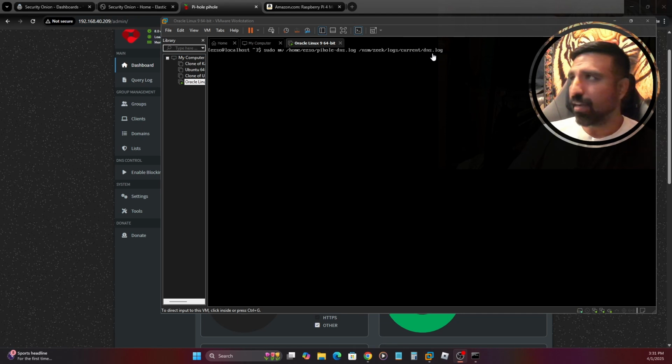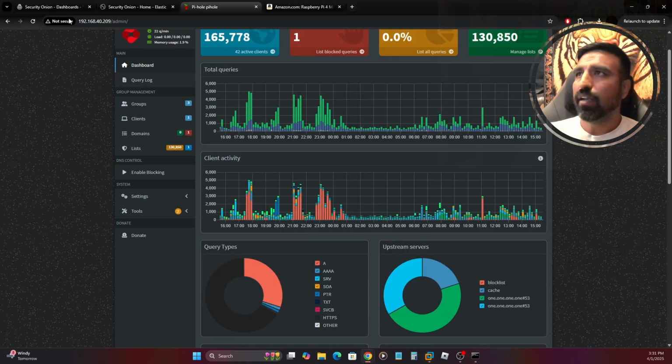It wasn't ingesting that data. It wasn't showing up on the dashboard. So what I ended up doing was I ended up putting it into a previously dated folder. So in this case, 31st. And when I did that, it worked. It showed up on the dashboard, and I was able to have access to that data. So you would do that, transfer it over into the log folder, the Zeek logs folder, and you'd go to